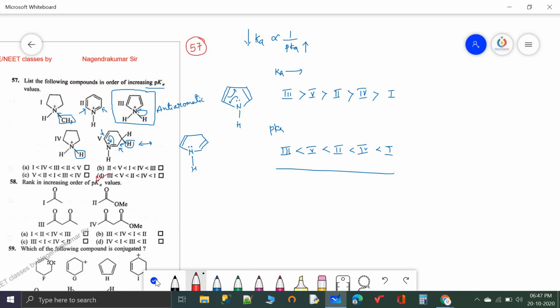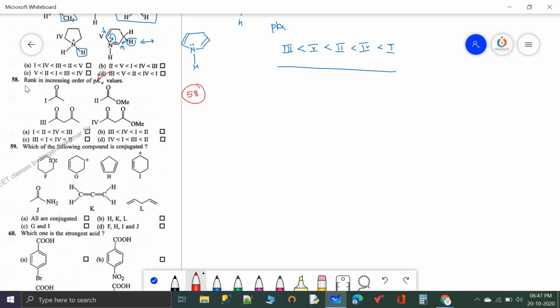Option D is correct. Let us see the 58th question. Rank in increasing order of pKa values. First of all, it is a 1,3-dicarbonyl compound where this H plus ion is the strong acid. So I'll write down the strong acid. The third one is the strong acid. Then in this case, an ester group is there and a keto group is there. So this methylene group is stronger than the remaining. So fourth one. Next, between these two,